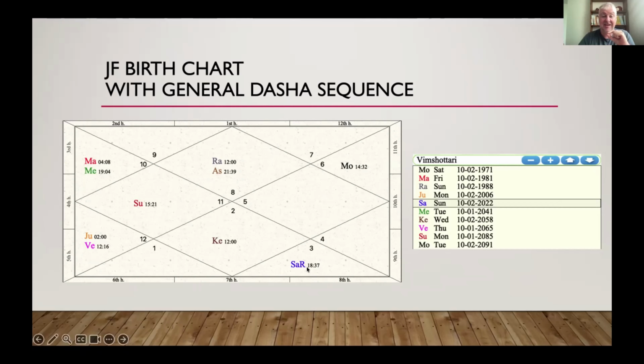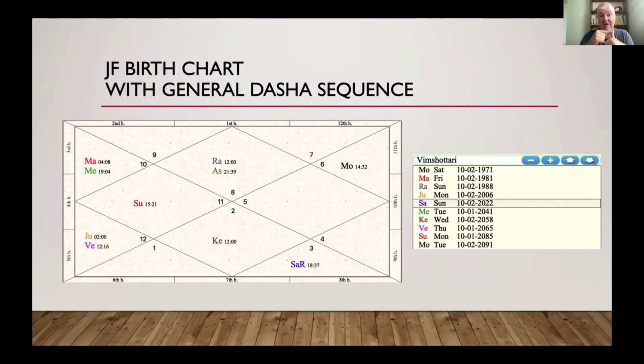So let's go back to Saturn. Saturn is here, and I can already tell you that Saturn is quite powerful. Why? It's just because it's retrograde. So at the moment of my birth, Saturn was retrograde in the sky. Saturn is a slow-moving planet, so it can be retrograde for quite a long time. But retrogression is like a sort of power, an exaggeration, we should say. So we already know that Saturn, number 1, is quite powerful for me in my chart.